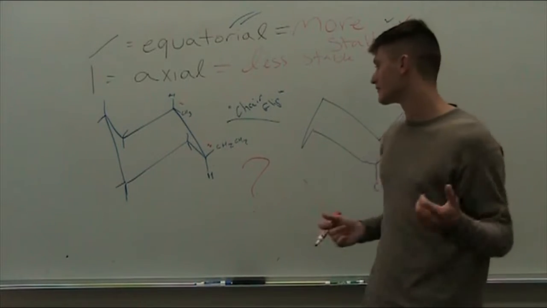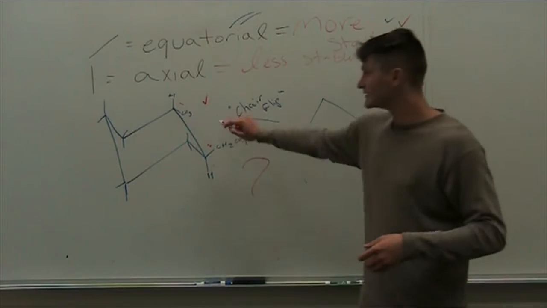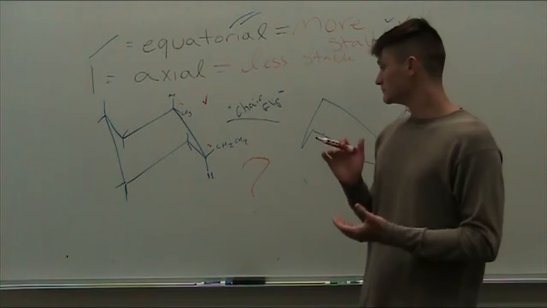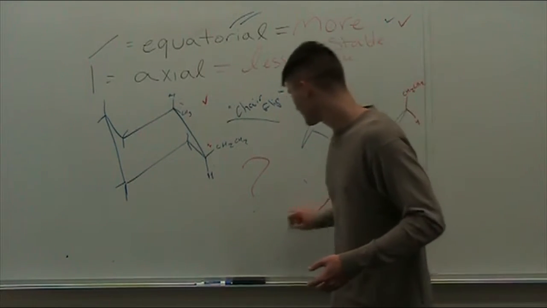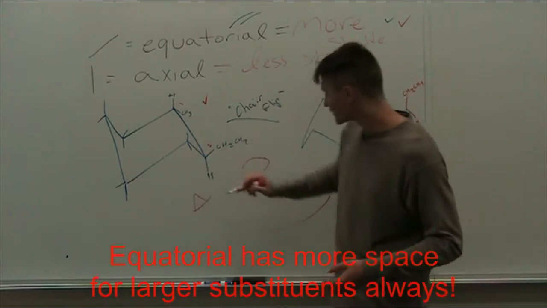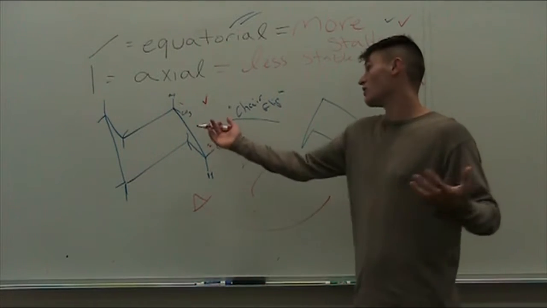Axials, they'll run into each other, they'll bump into something. So this one, our first one that we drew, is the more stable because the ethyl group and the methyl group are on equatorials. So we have to slightly, not even debate. This one is more stable because it's on the bigger substituents, and all these substituents